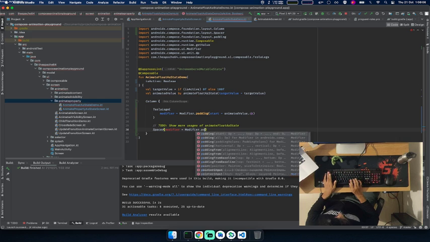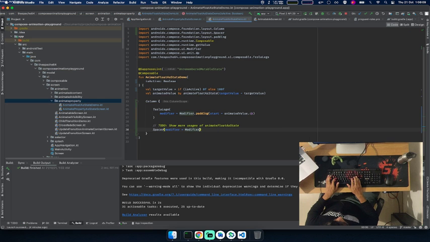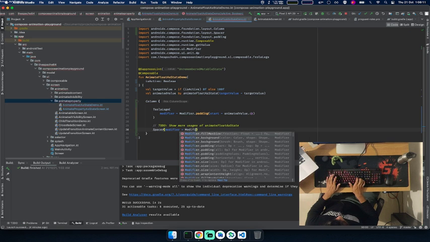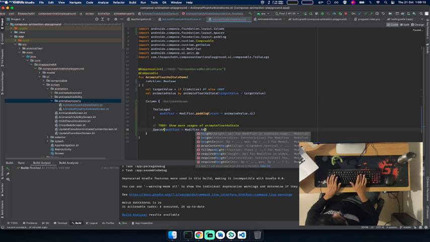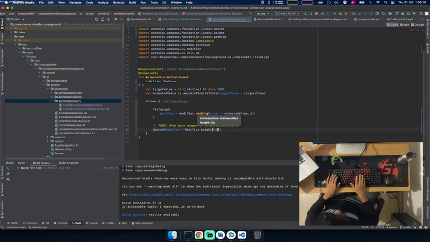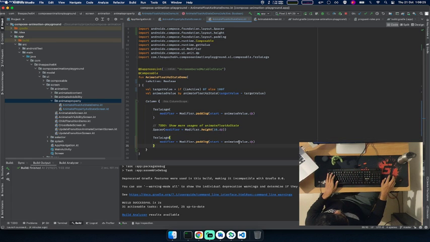I think we should create a height. I think I need to type only height and it will show. That's simple. I was being very dumb. And we'll put another one here. This time